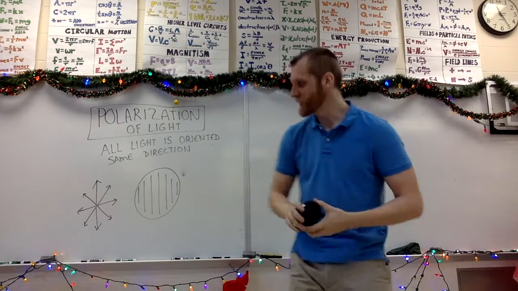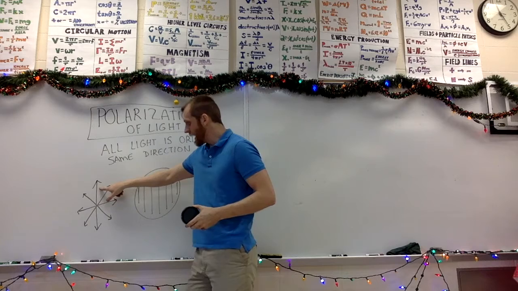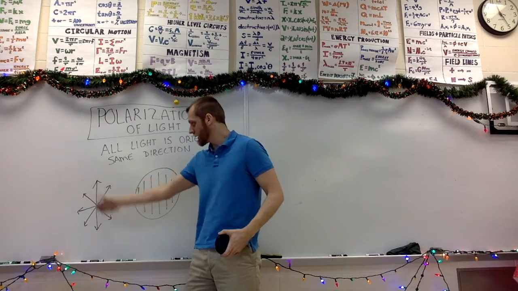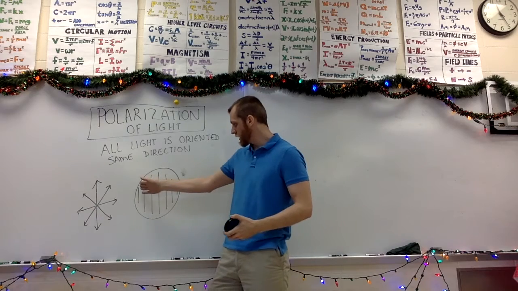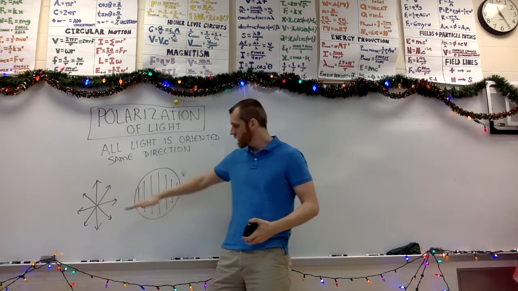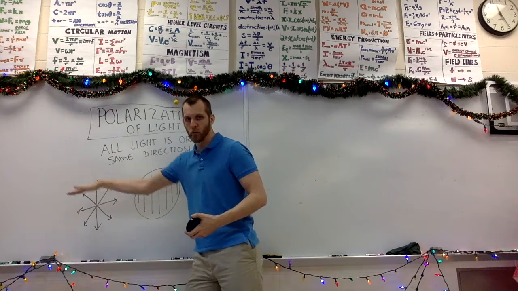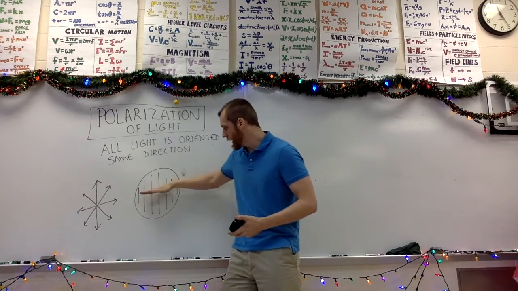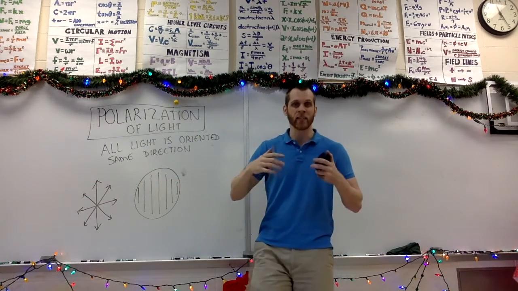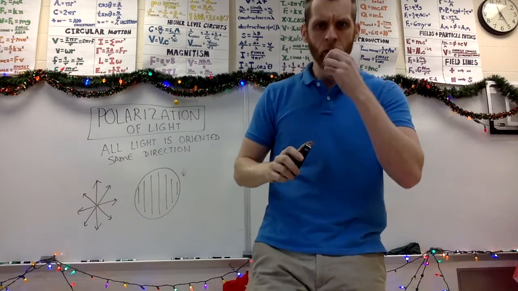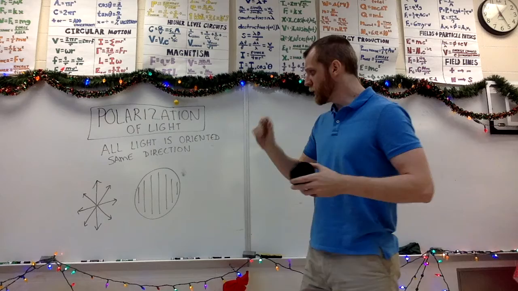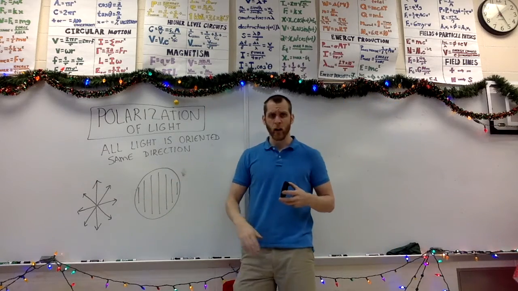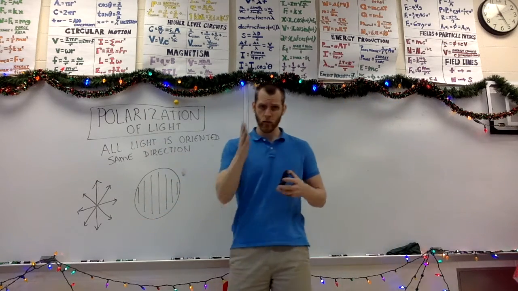All right, so what that means is that this line, let's say any light that's going like this, can pass through this filter because it has these openings it can pass through. But light going horizontally, boom, boom, boom, boom, boom, when it gets to this filter, it gets blocked. It's like it hits these walls and it can't pass through the filter. So, kind of interesting is that all of the horizontal light gets blocked, all of the vertical light gets through,